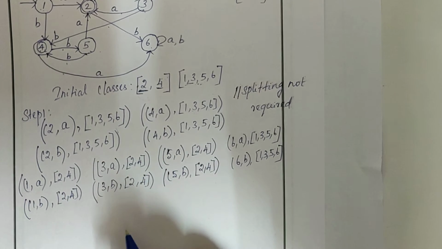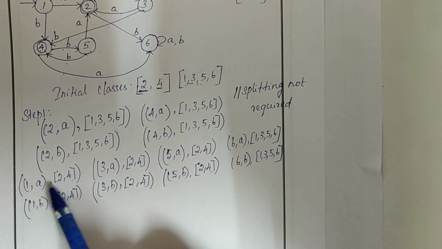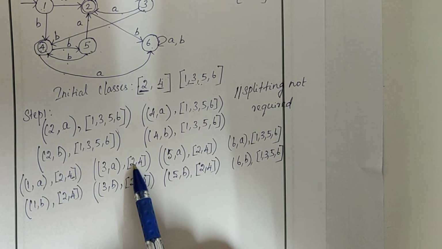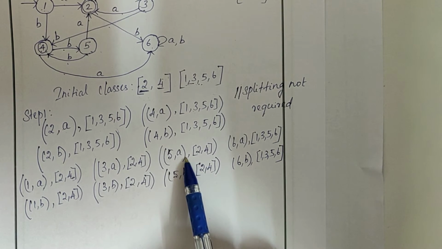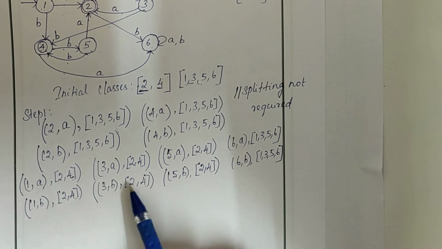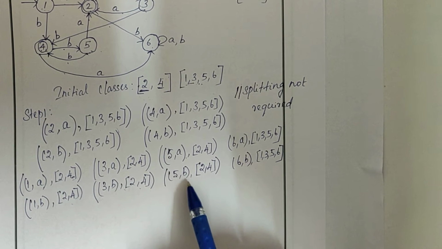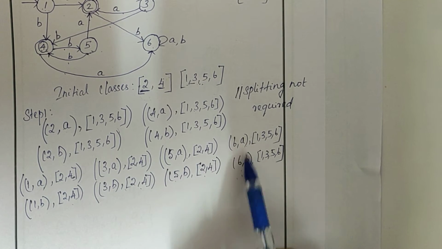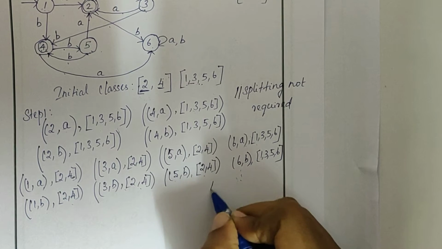Now you check, right? 1, when it takes A input, it is moving to final. Similarly 3 is moving to final, 5 is moving to final. State 1, when it takes B input, is moving to final. 2, when it takes B input, is moving to final. 5 is moving to final, but this 6 is moving to non-final. So here I should write splitting